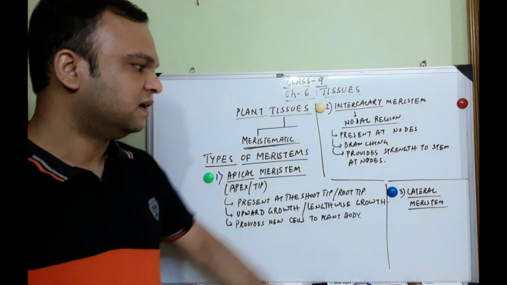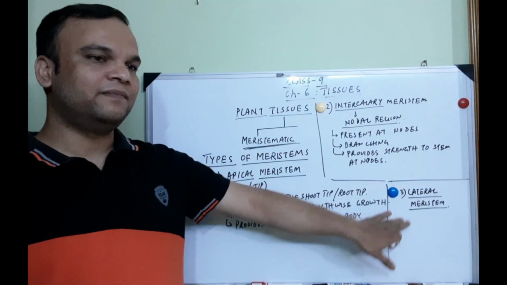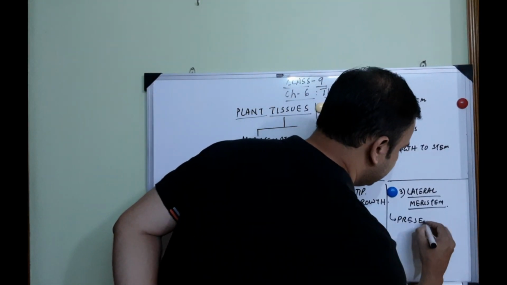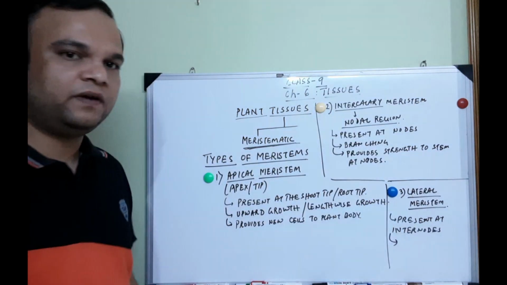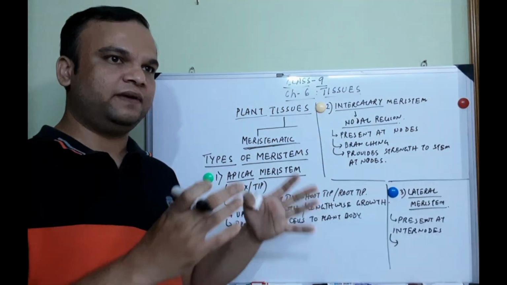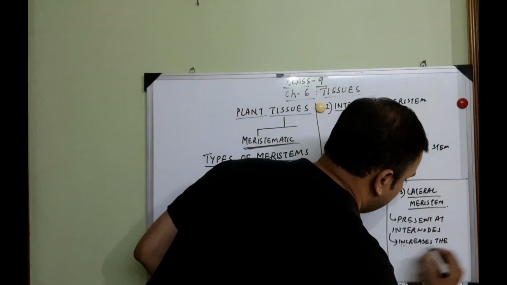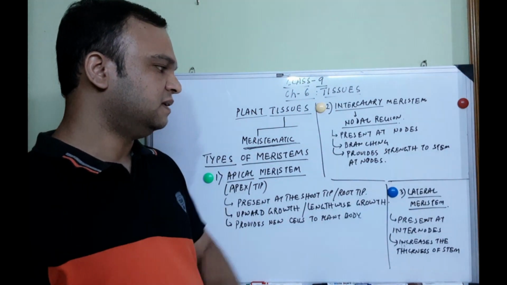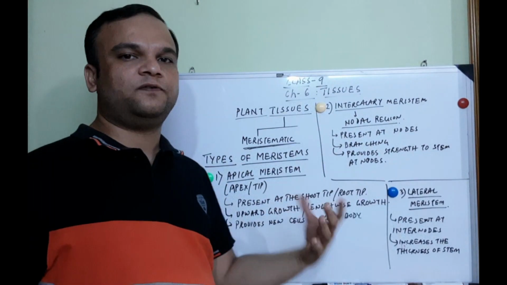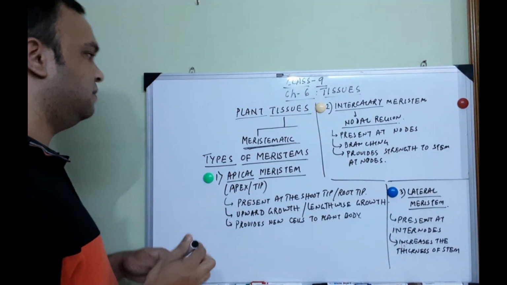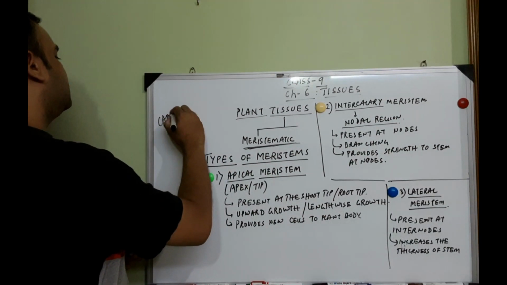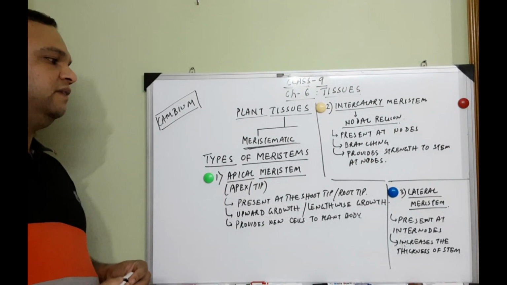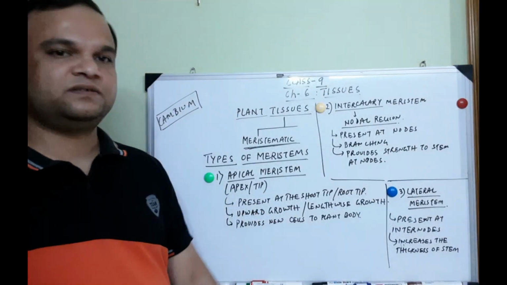Okay, so the third meristematic tissue is the lateral meristem, and as I have said, it is present in the internodal regions of the stem, at the internodes. It helps in increasing the girth of the stem, meaning the thickness of the stem. In later higher classes, you will also study that this lateral meristem is responsible for cambial growth. So the new term I am introducing to you, which we will study in later classes, is cambium. The growth of the cambium takes place because of the lateral meristem.